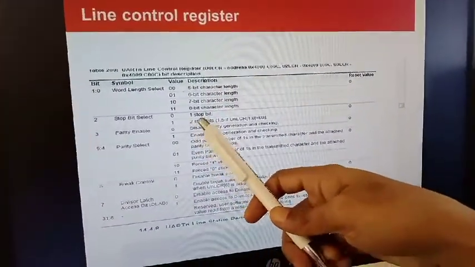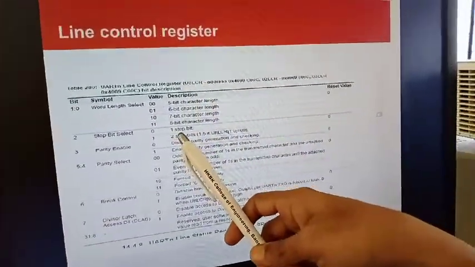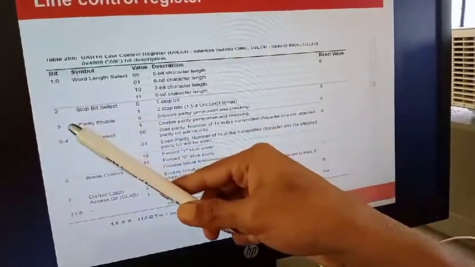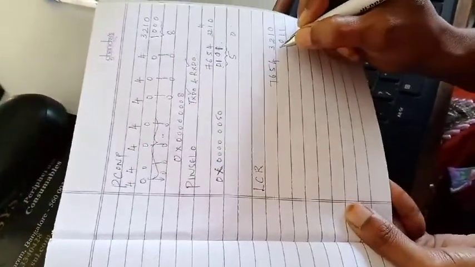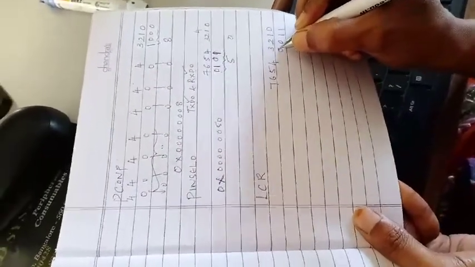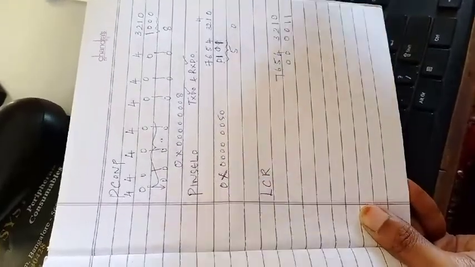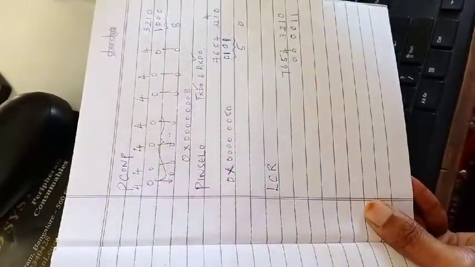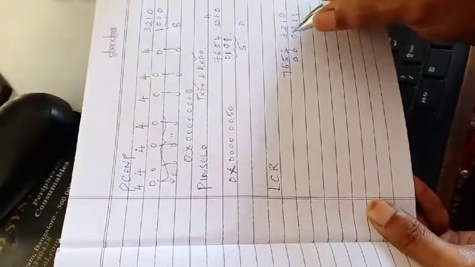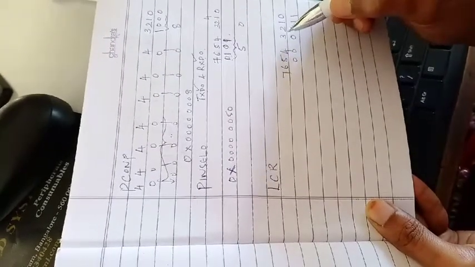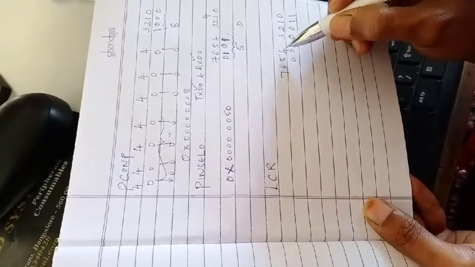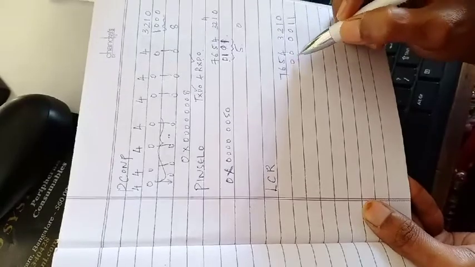And since we are not making use of any parity here, the values on bits 3, 4 and 5 will be 0. Well, if you were making use of parity, then we would have to have a parity select. Since we are not enabling parity at all, bit 3 will be 0, as well as bits 4 and 5.